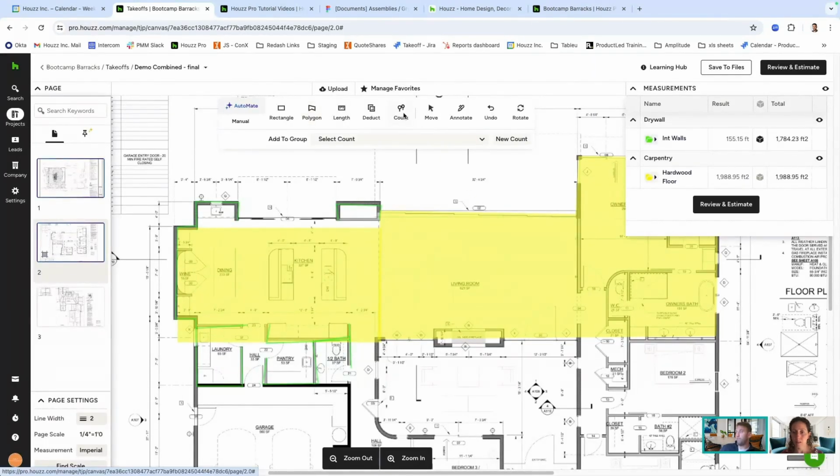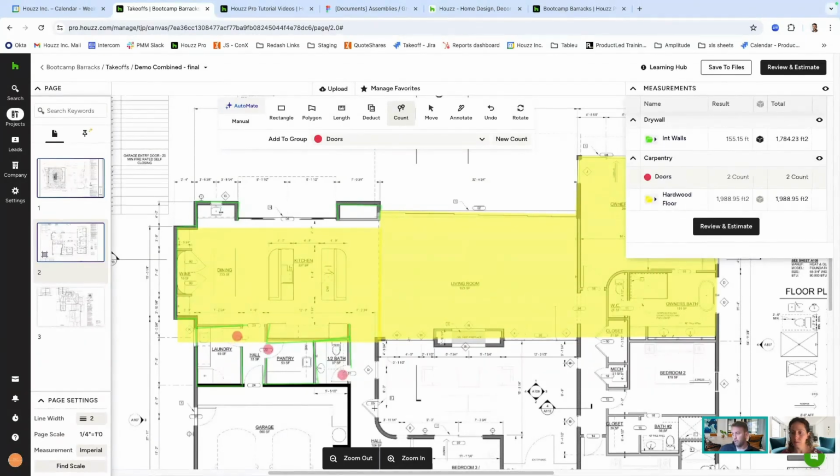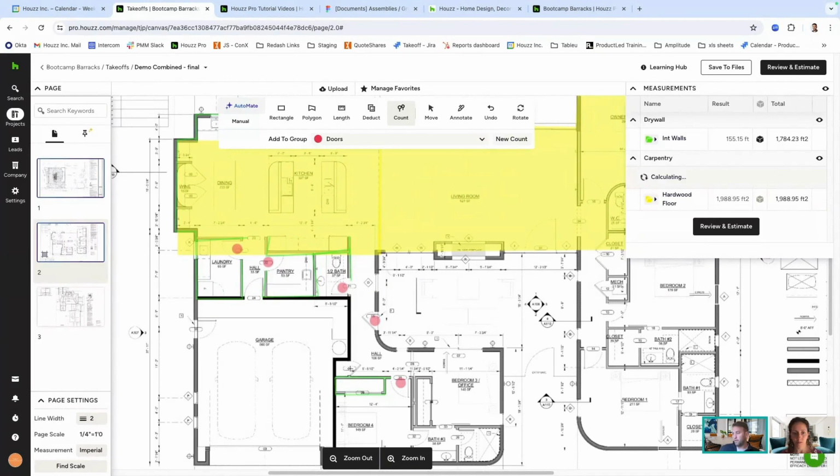So if you're doing a roofing takeoff, you can put your pitches in here as well. Your count feature kind of does what it says on the tin. So basically, a very basic example, but we're just going to go around counting doors. Again, if you know it's going to cost you $100 to hang a door, well, then your count here is quite easy. In carpentry, doors is a very simple example, but if you're thinking of things like power outlets, data points over a 3-4 story building, it gets fairly